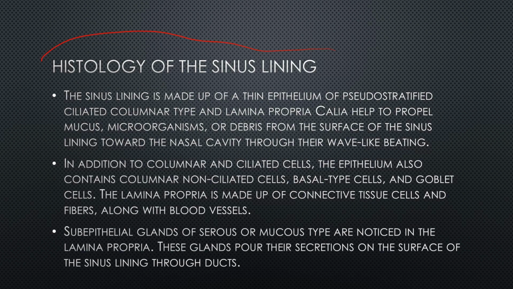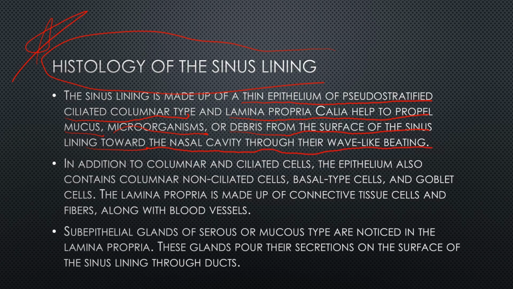Now the histology part is very important. The sinus lining is made up of a thin epithelium of the pseudostratified ciliated columnar type, and the lamina propria. The cilia help to propel mucus. They help in the propulsion of mucus, microorganisms, and debris from the surface of the sinus lining towards the nasal cavity